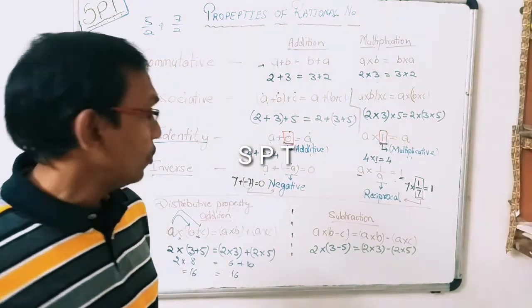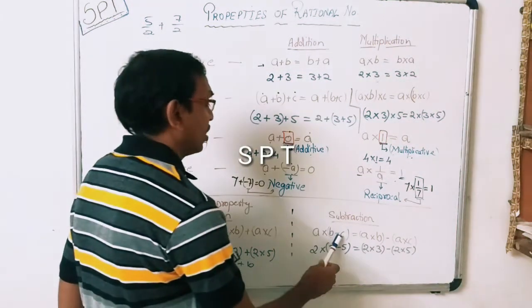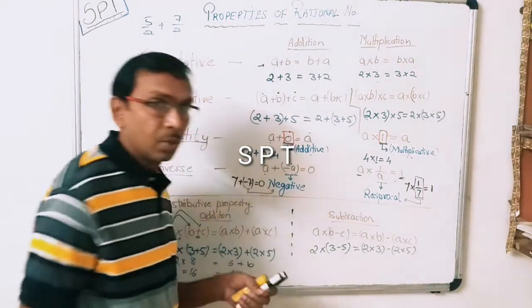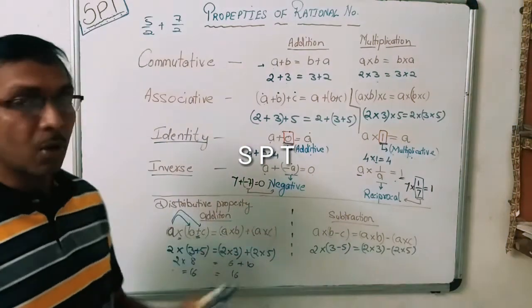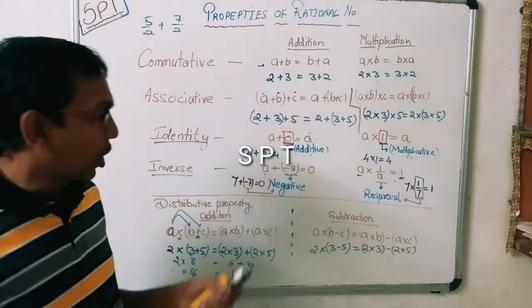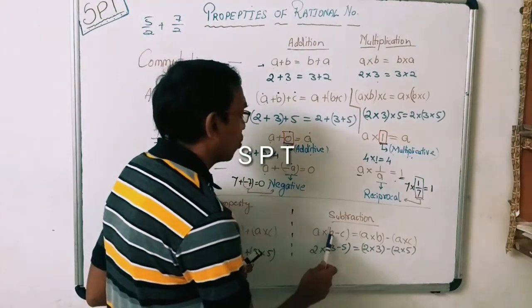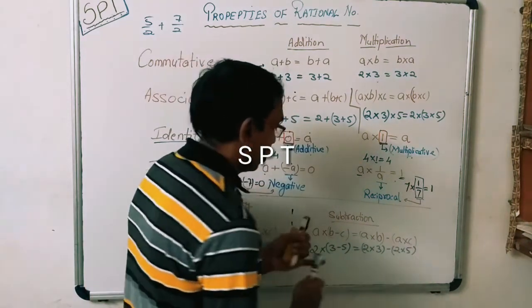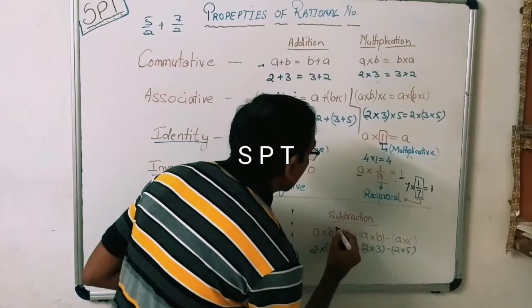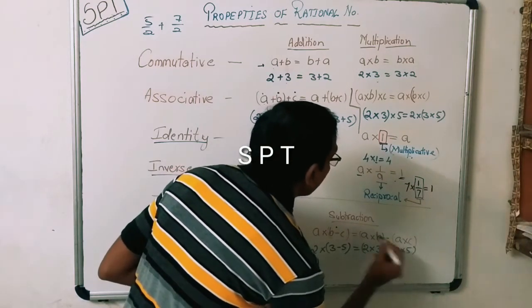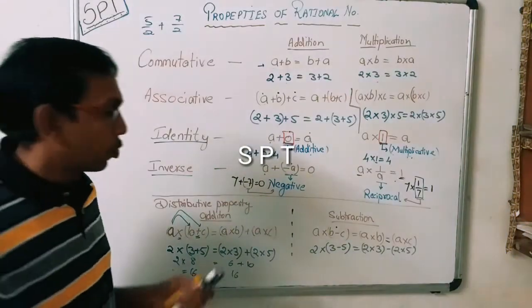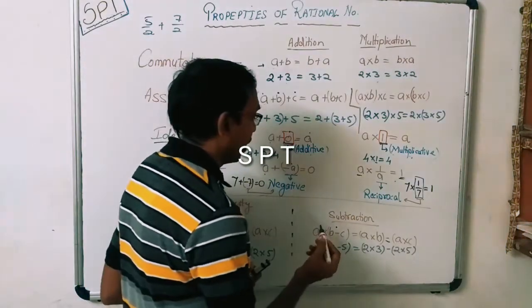Same way, if I change this sign between B and C from addition to subtraction, then the property becomes distributive property for subtraction. Now what is the change? Here A into B minus C is equal to A into B minus A into C. So the sign, जो अंदर साइन थी वो यहाँ पर आ गई, और जो बाहर साइन थी वो दोनों जगह ब्रैकेट के अंदर लग गई. सो ये याद रखने का तरीका हो सकता है हमारे लिए.